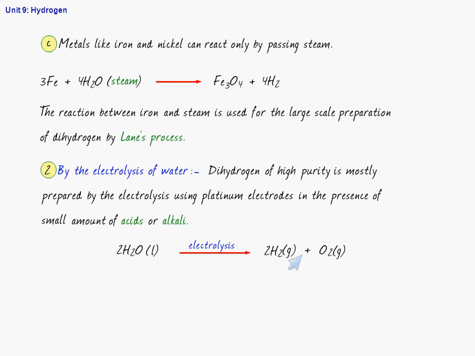Now in this case, you know very well, you have already done this. During the electrolysis, dihydrogen is collected at the cathode and dioxygen is liberated at the anode. The following reaction takes place. You know that when we take water, this H2O dissociates to give H plus and OH minus. Now at the cathode